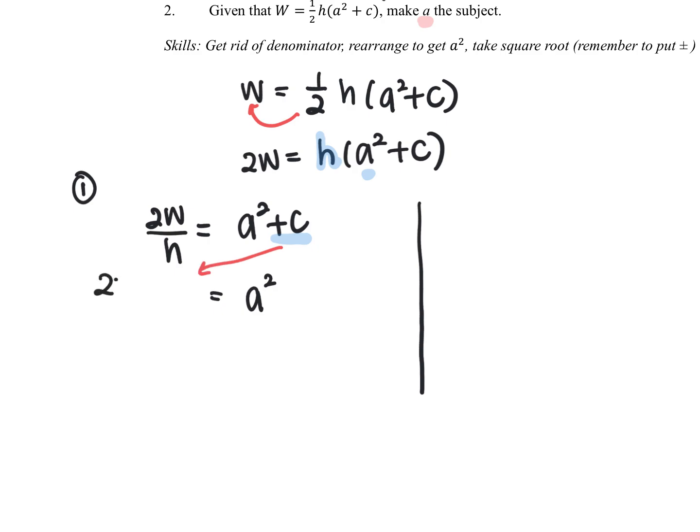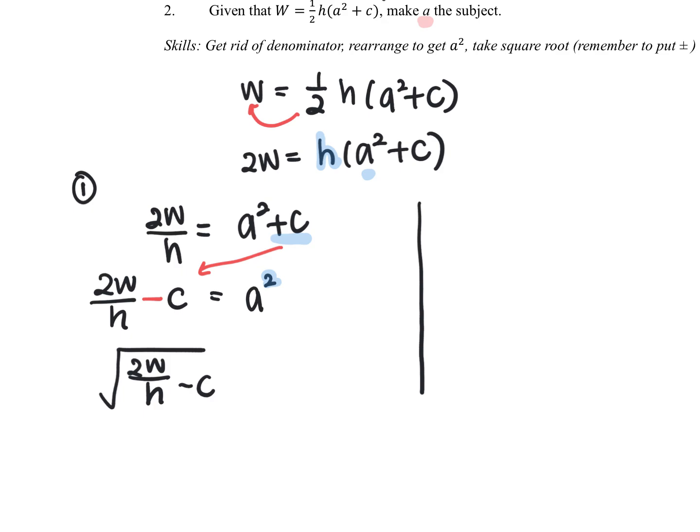So this is 2w, the original, minus the c. Then last but not least, how are we going to get rid of the square over here? We'll need to do a square root. Now remember, when you want to take a square root, you put a square root over this side. You put a square root over here, but remember, you put whatever inside the jail, you